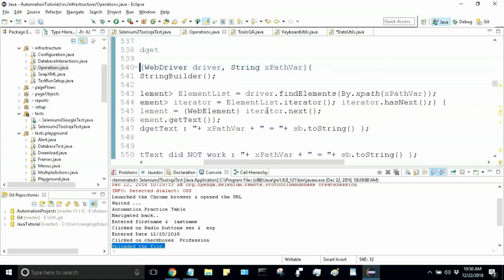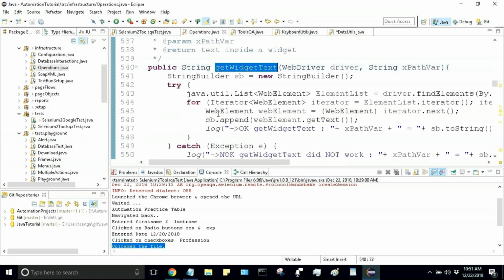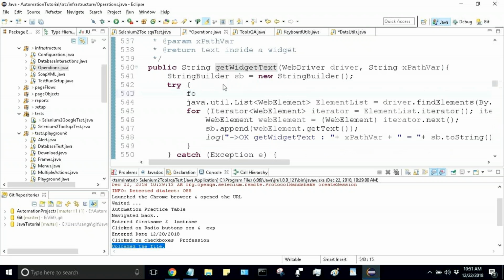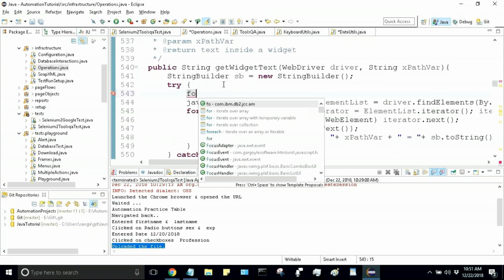So iterator.hasNext moves to the next one, just like a for loop, but on the iterator. I'll just show you. When you use a normal for loop, you can write for int i = 0; i less than so and so; i++, right? Likewise, you can also iterate over an array, or iterate over a collection. So normally we will use